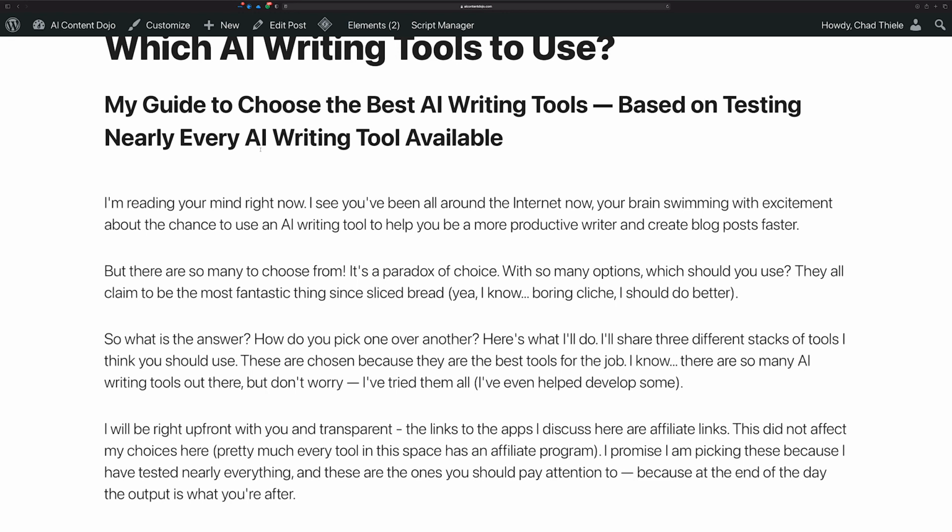And so you go out there and you're doing some research and you're trying to figure out what's out there, and wow, you start to discover that there's a whole bunch of different tools out there, and they all say that they're the best. They all say that they're amazing and can create blog posts in seconds and all that kind of stuff, right? So with so many options out there, which ones do you pick, right?